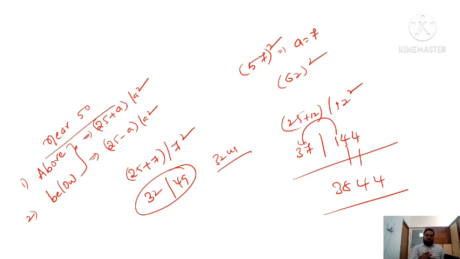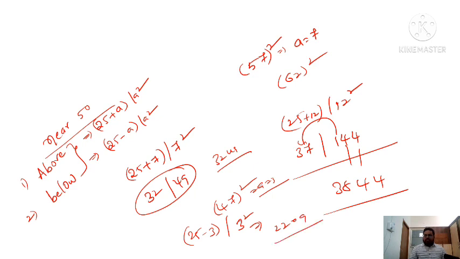So this is for numbers above 50. In case it is below 50, for example 47 whole square, how much is below? 3 is below, so a is equal to 3. 25 minus 3 slash 3 square. 25 minus 3 is 22, and 3 square is 09. This is a very easy method to find it.